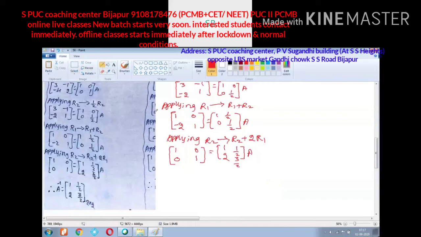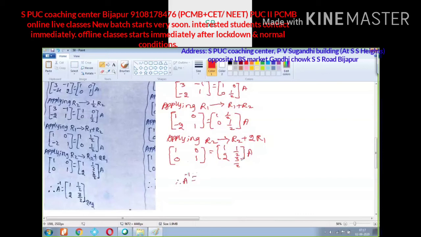Anyway, you obtain I on this side. Okay, you got the identity matrix on the LHS. Once you get the identity matrix, that is I on the LHS, you have to stop that process and write A inverse. Whatever the value you have got here will be the A inverse. That A inverse is 1, 1 by 2, next is 2, next is 3 by 2. Order of this is 2 by